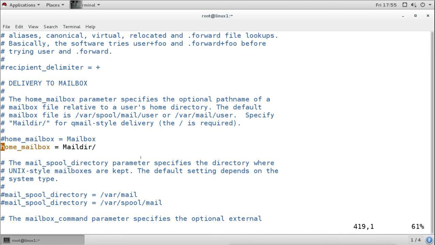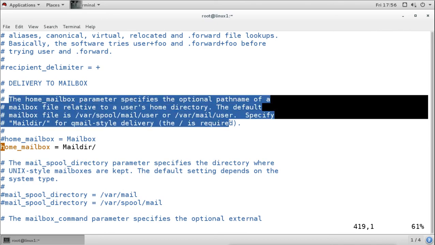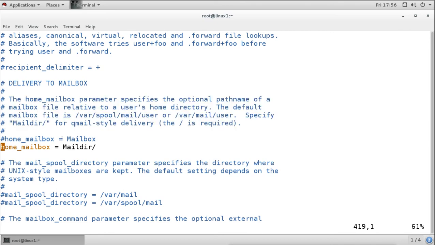Now remember, when you enable this first option, it looks the same but means something different. It doesn't mean a directory, it means a file, but we want a directory. Directory means you have the slash at the end. You can read this comment here, which describes the same thing: if you enable this, the mailbox is a file, and this means the mailbox is a directory. We have configured it as a directory in Dovecot, so here also we have to configure it as a directory, not as a file. After this we will save it.